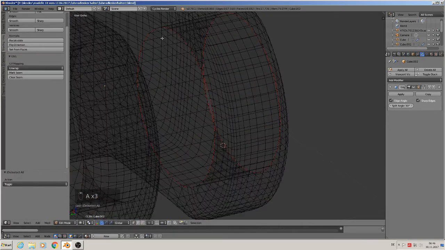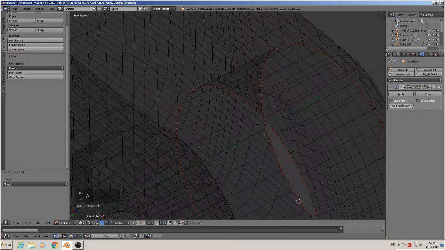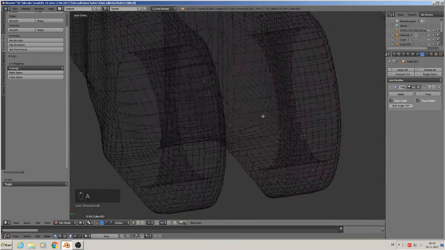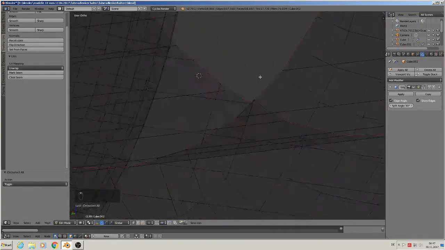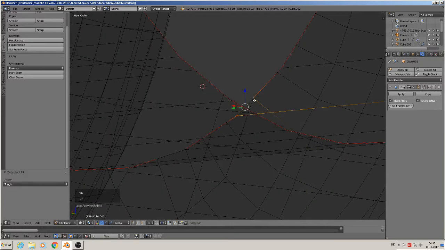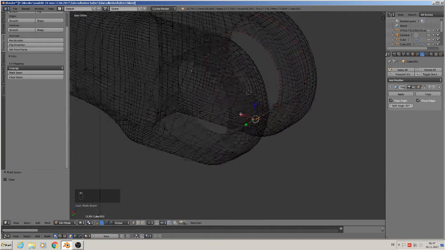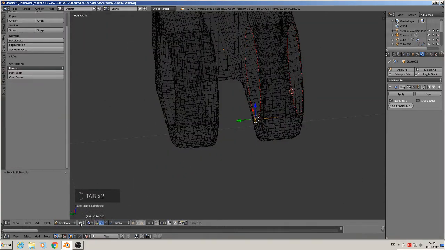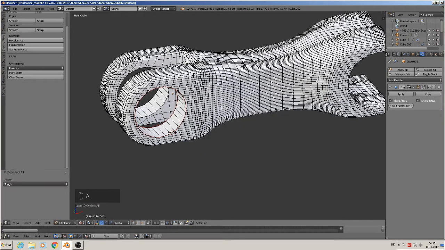So we have both these rings, but here we see one is left, so we mark it manually and give it mark seam. Okay. On such operations, when you work with a Boolean, it can be that there are many vertices that you don't need, that are not connected to other vertices, and so on. For that there is an option to delete such. I show you that. That is when you have the whole model there in edit mode and press A to